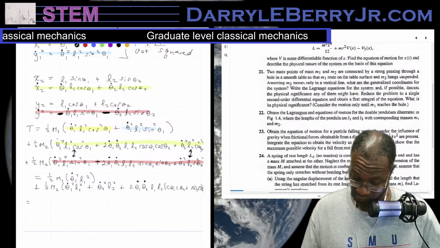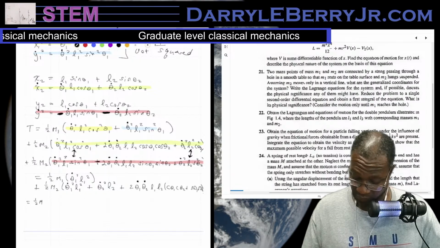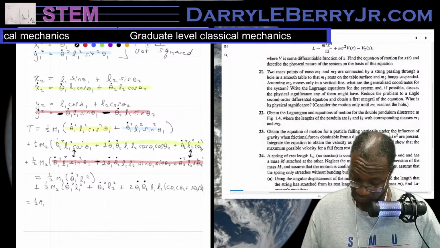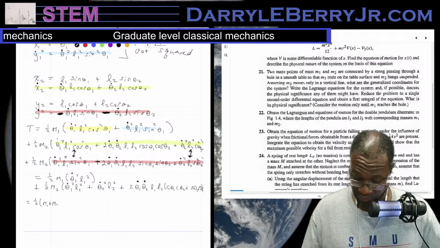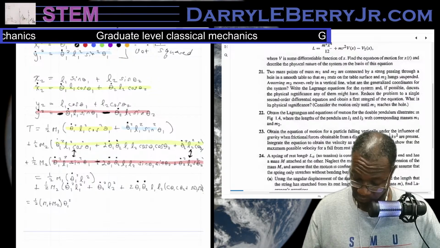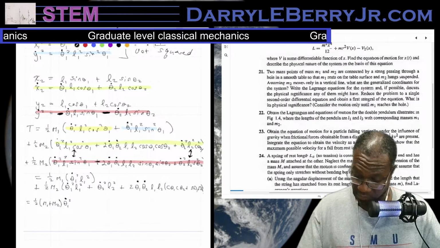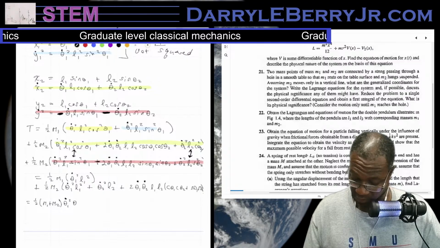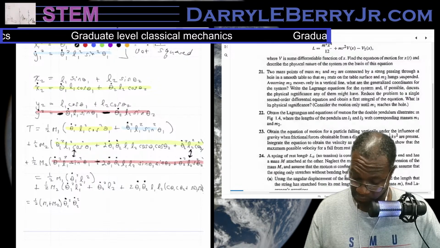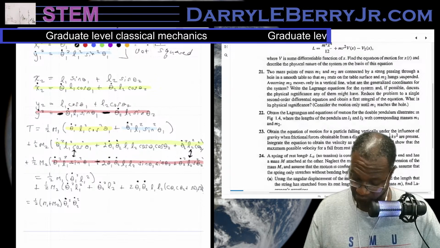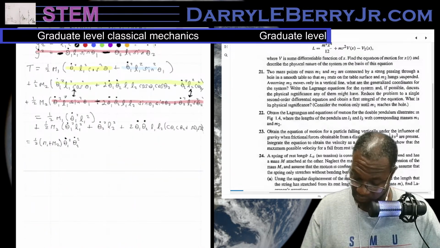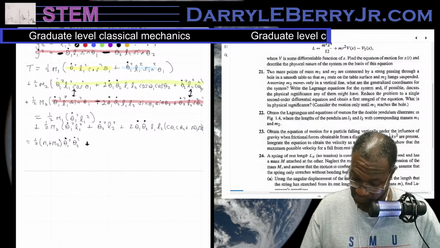So we have M1 M2 theta 1 dot squared, theta 2 dot squared, half M1 M2. So that's these first terms here, plus